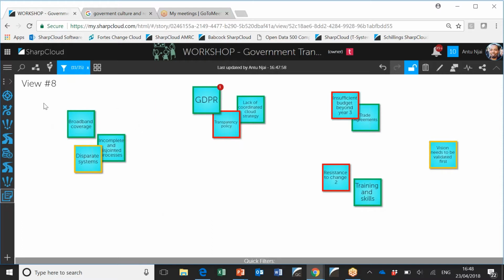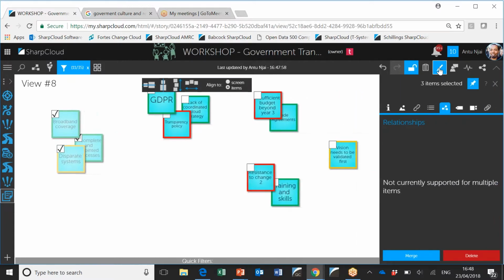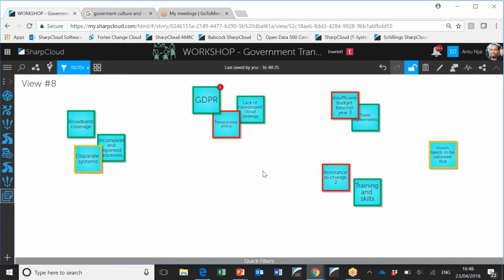And then we can just lasso them, which is a quick way of selecting them. And we might then add a tag to them. So we might say, well, these are technology types of issues. So we're starting to then add a little bit extra metadata to our captured information.